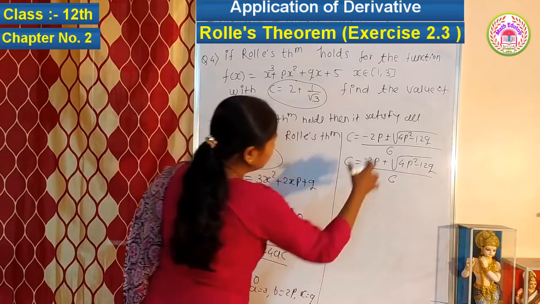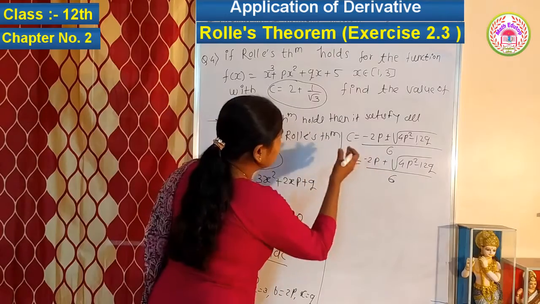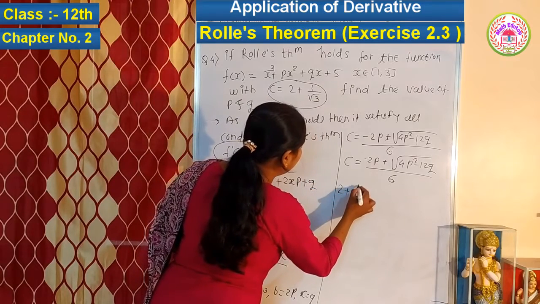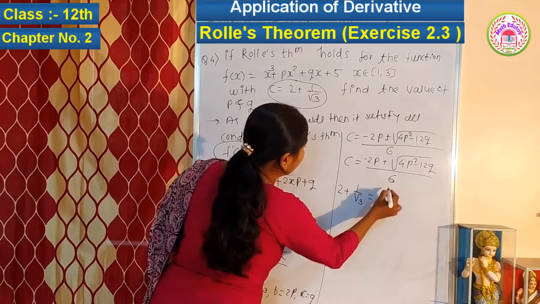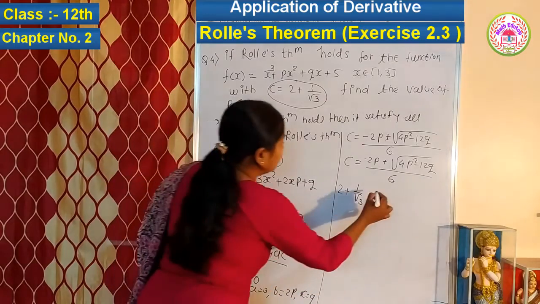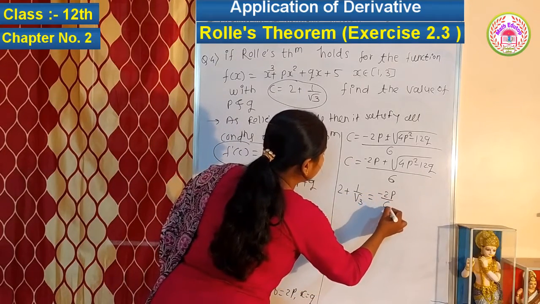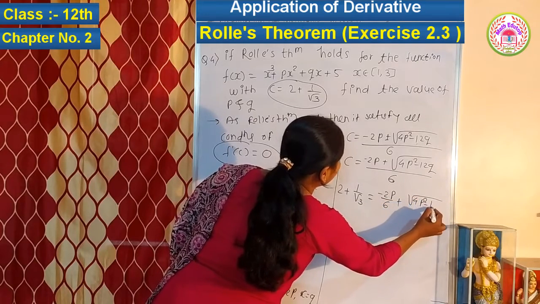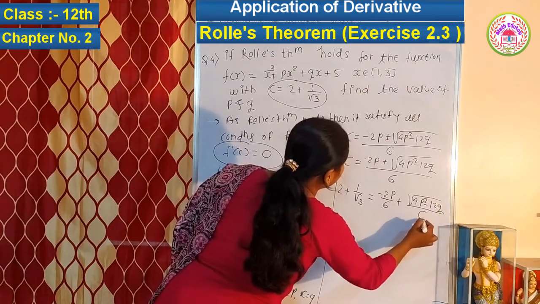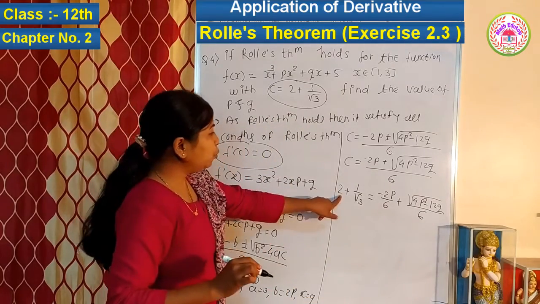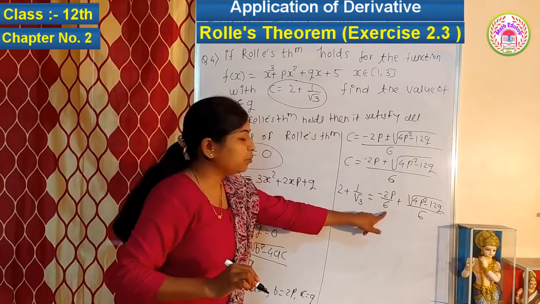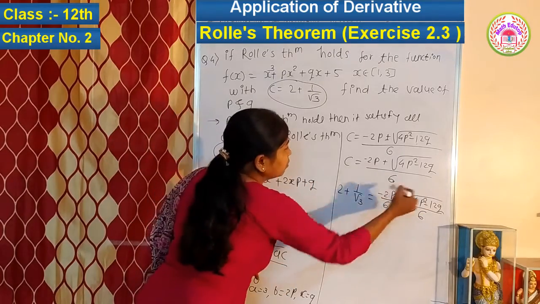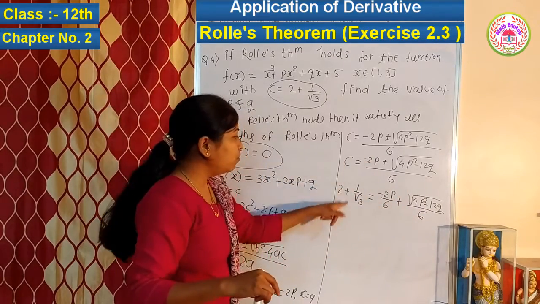Then यहाँ से आप अपने तरीके से भी सिंप्लीफाई कर सकते हैं। Just here how to simplify? क्या है c की वैल्यू गिवन that is 2 plus 1 upon root 3 is equal to, 6 से डिवाइड करते हैं सेपरेटली, तो minus 2p divided by 6 होगा। सेकंड टर्म क्या है 4p square minus 12q डिवाइडेड बाय 6 है। तो ये जो फर्स्ट टर्म है minus 2p upon 6, दैट इज वी हैव टू फाइंड द वैल्यू ऑफ c। तो इसका जो सिंप्लीफिकेशन होगा क्या होना चाहिए, 2 plus 1 upon root 3 होना